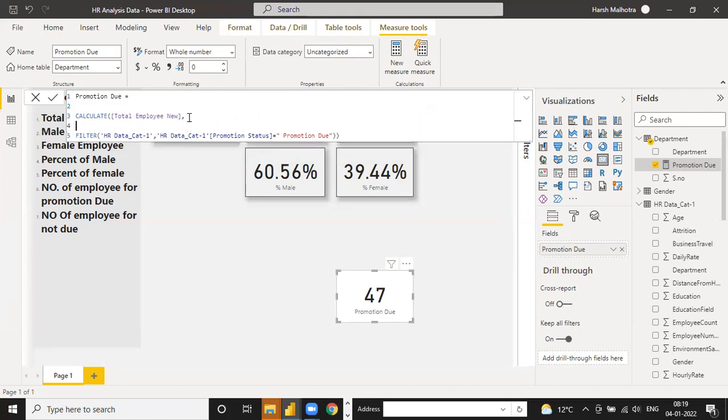First, I'm going to show you one example, just for your purpose: the calculate function always uses the expression, and